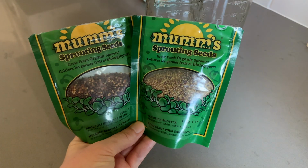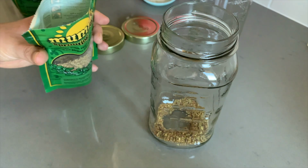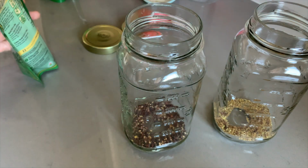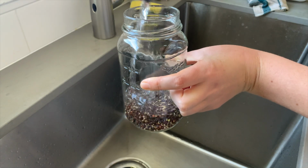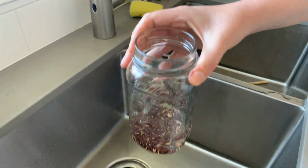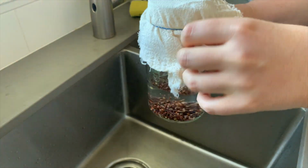And then I'm just starting a couple batches of sprouts. These are super easy to grow at home. All you're going to need is a couple jars and something to cover them. I'm just using a couple pieces of cheesecloth, which I wash and reuse all the time. And so essentially all you need to do is give your seeds a quick rinse, drain out the water,